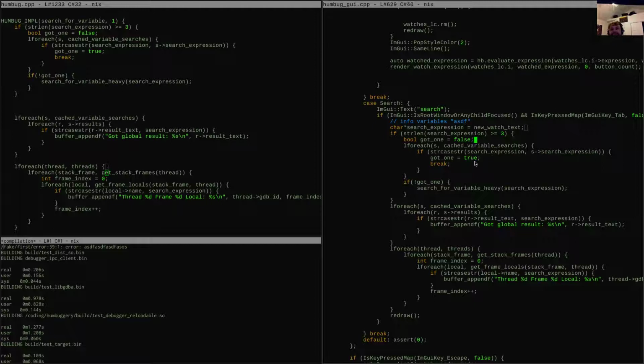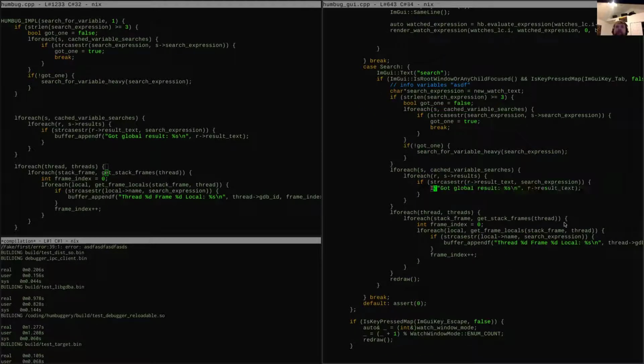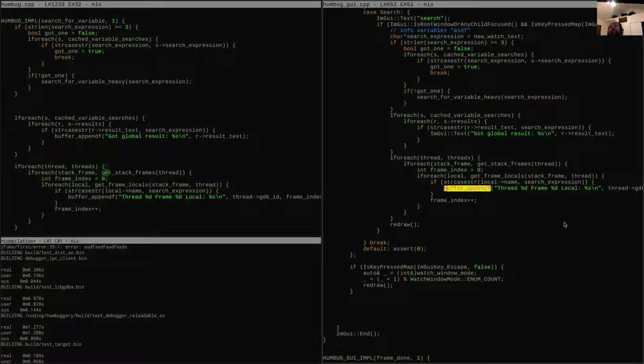Okay, so we're going to do it that way. And then every time we get a result, we'll just do GUI text. There we go, GUI text.